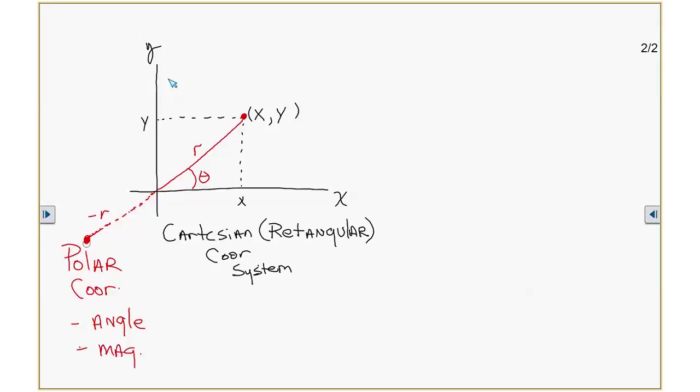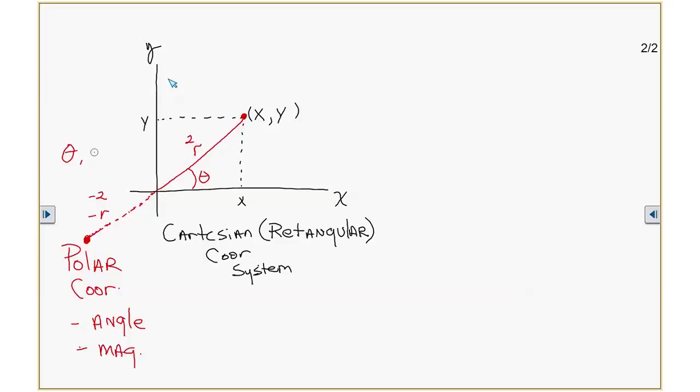So I could go, if this was, let's say this was -2 and this was +2, I could rewrite this point right here as theta